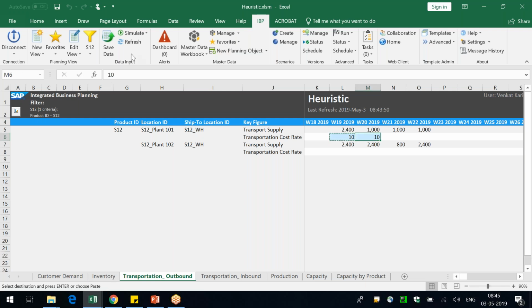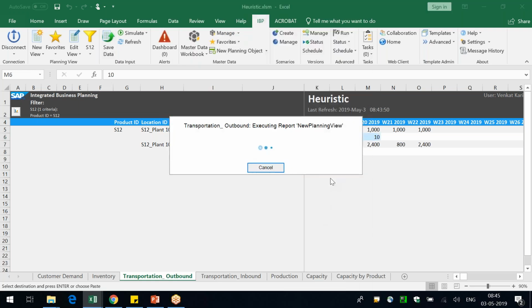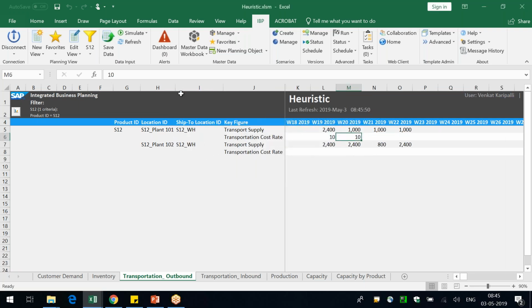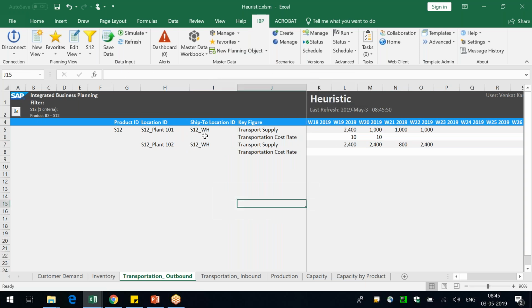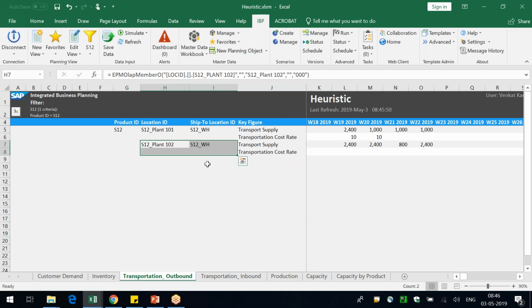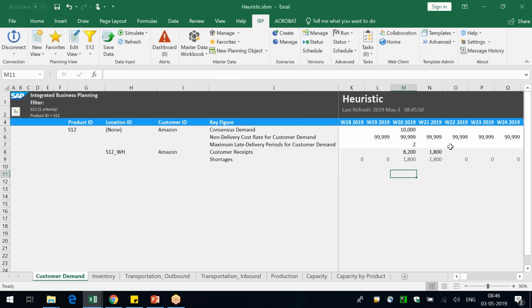Okay, I'm saving it. So now what will happen if I run the optimizer? It will do everything from plant 2, because plant 2 is more optimal, it is cheaper. So it will take this particular lane and it will push the demand onto this side of the network. I also change the demands here. I'll just keep a demand of 2400, that is the full capacity, and then I'll say the 4000.